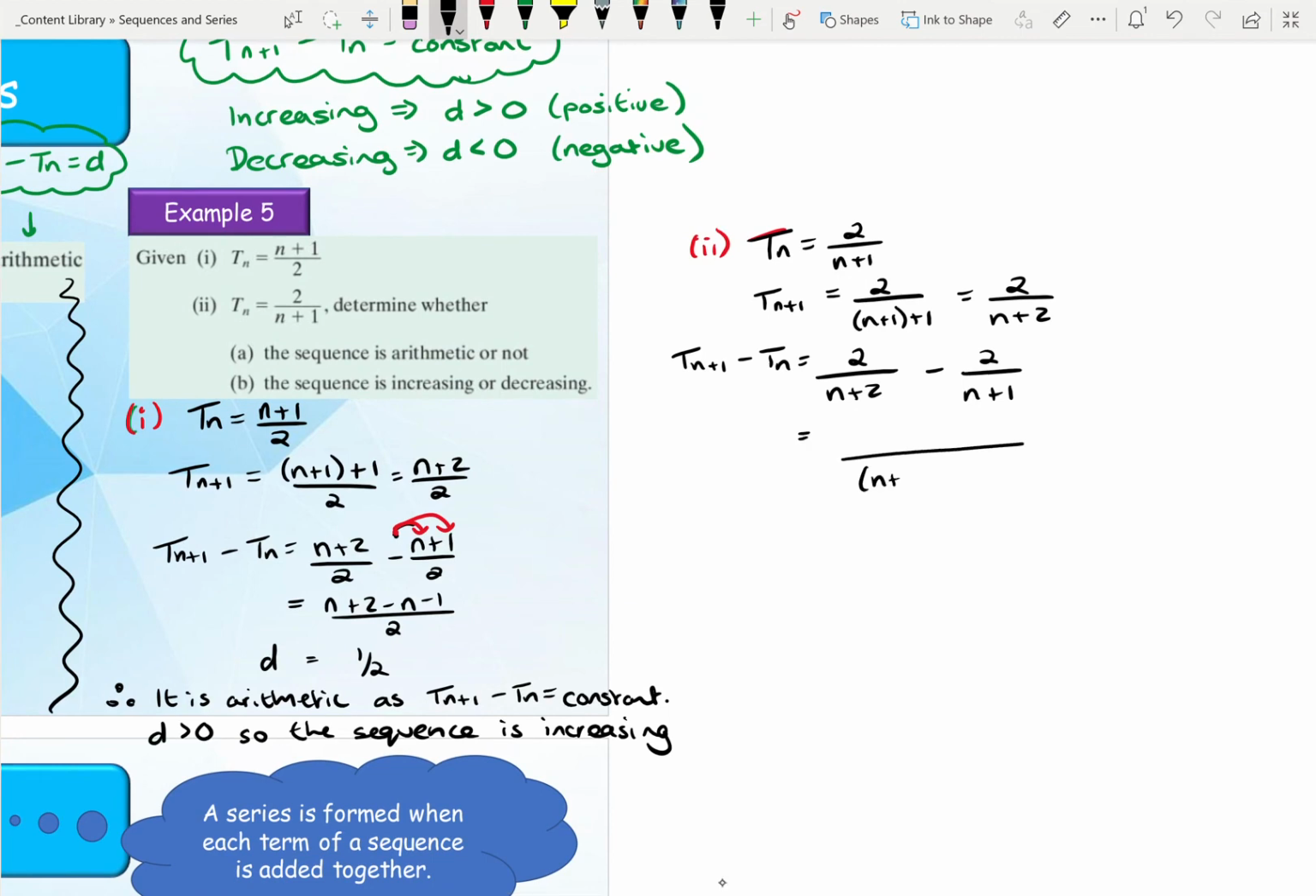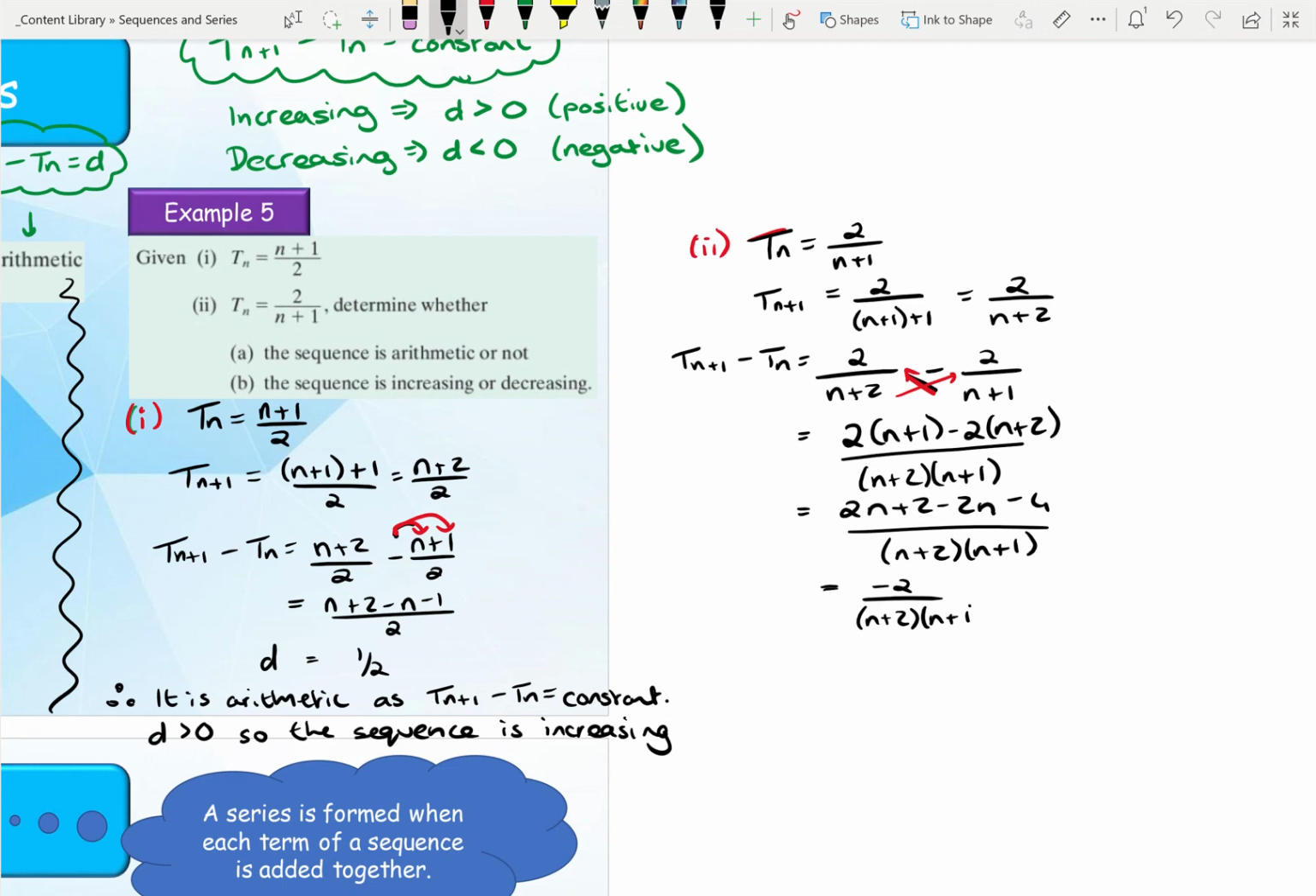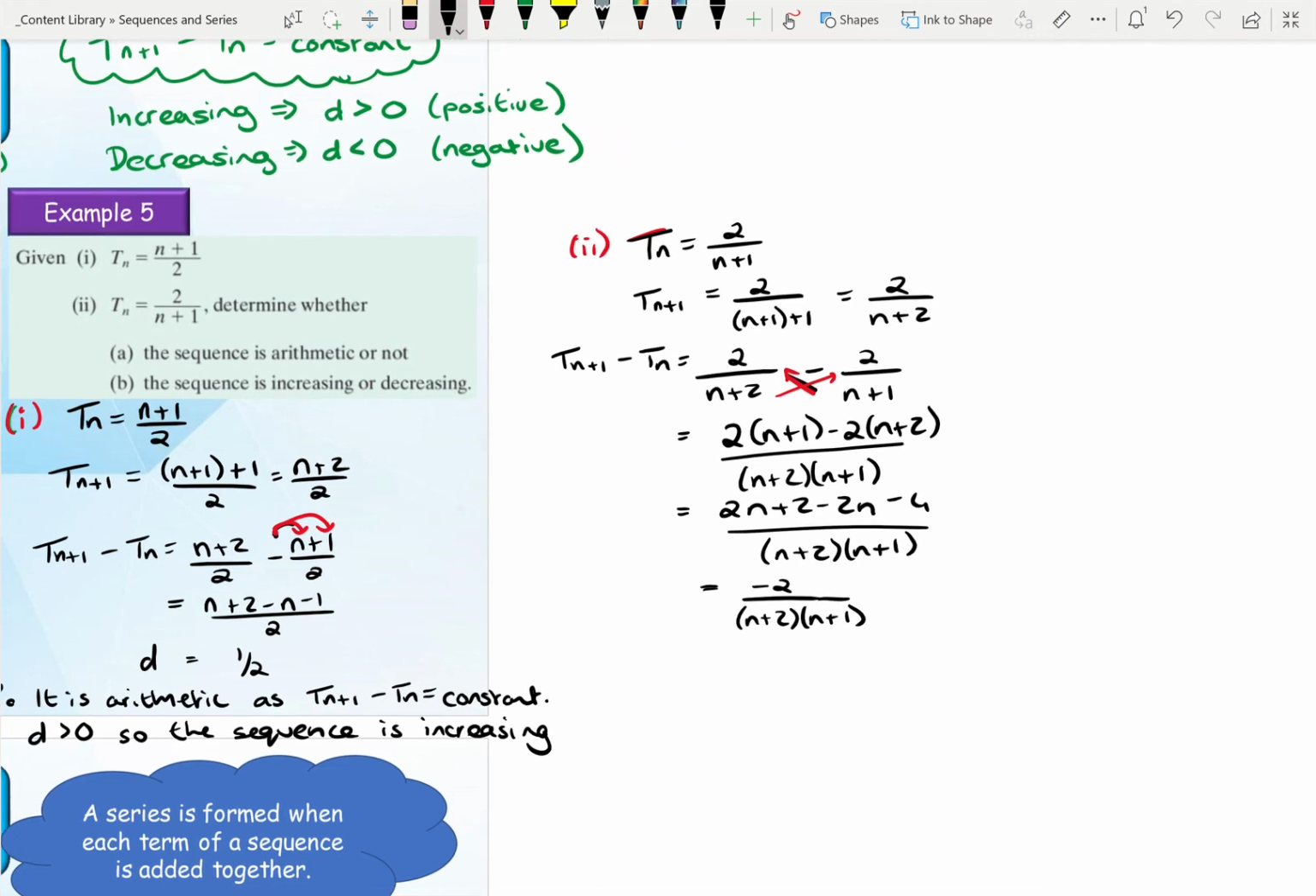which means to take these away, we need a common denominator. And a nice little bit of revision of our adding and subtracting algebraic fractions. To get a common denominator, I'm going to combine the two of them and multiply, which means on the top now, I need to multiply 2 by n plus 1 minus 2 by n plus 2, which gives me 2n plus 2 minus 2n minus 4, all over n plus 2 by n plus 1, which leaves me with minus 2 over n plus 2 by n plus 1, which you can see now I have variables on the bottom, which means therefore it is not arithmetic,